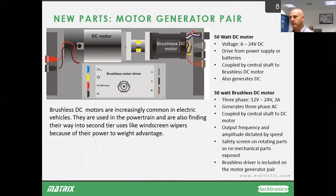Now, pretty much all alternators in vehicles and trucks are three-phase. It's not always apparent because it's rectified and smoothed on the rectifier, which is often embedded into the alternator, but we're able now to teach about three-phase. And this brushless motor, it's kind of a revolution in terms of motor technology in the last 10 years or so, and a lot of